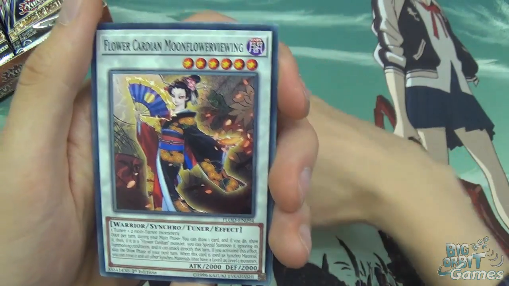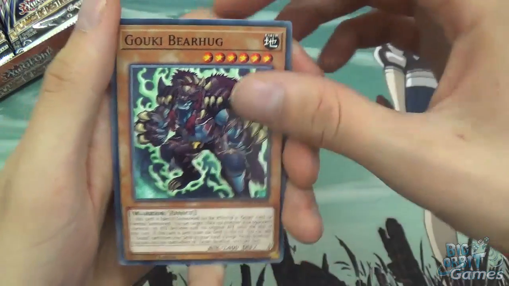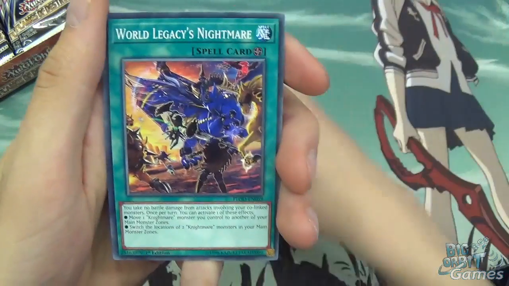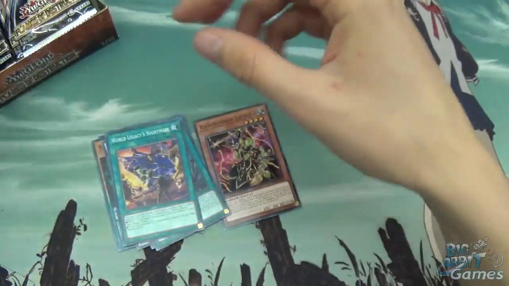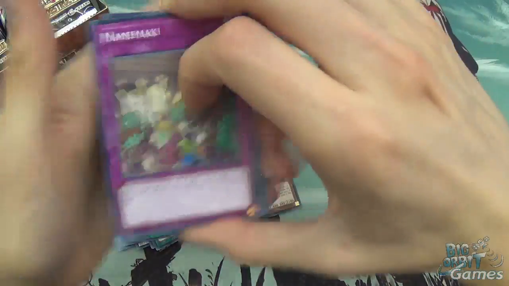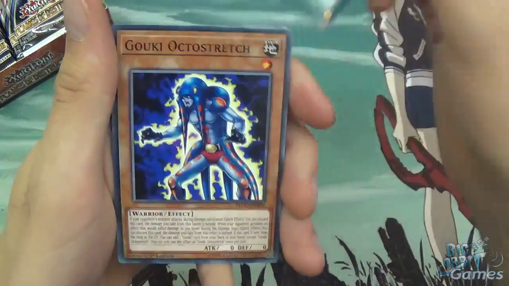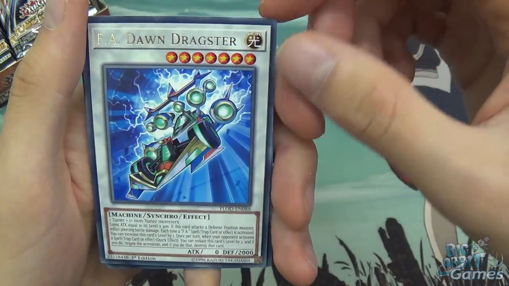And Flower Guardian Moonflower Viewing, Goki Bear Hug, VENDREAD Evolution, and World Legacy's Nightmare. Mamin Maki, Space Insulator, World Legacy's Corruption, Goki Octo Stretch, FA Dawn Dragster,